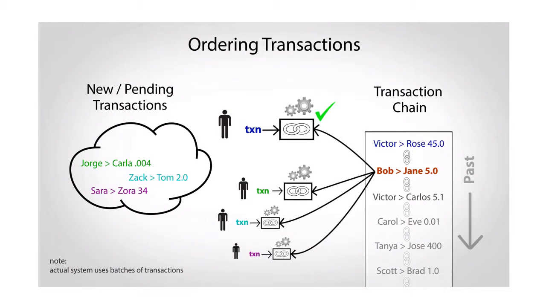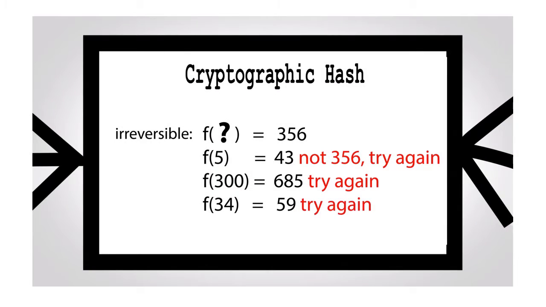This problem of double spending is easily solved by a method of transaction chain which Bitcoin uses. Whenever there is a new transaction, it is sent to a list of new or pending transactions, and the users' computers are given a problem to solve. Whoever solves the problem first gets to put his transaction next into the chain. So, what exactly is the problem?